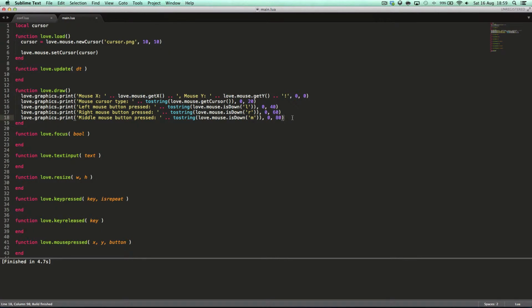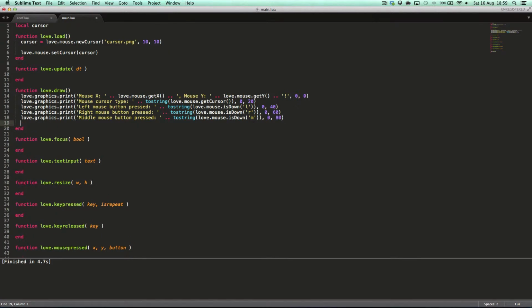But yeah, if you have a middle mouse button and you press it, it should print. love.graphics.print. The next one would be the mouse wheel button itself. I always thought the mouse wheel and stuff were the same thing, but apparently they're not. Mouse wheel down, toString love.mouse.isDown. I could just copy and paste that, but I wasn't thinking. 0, 100,